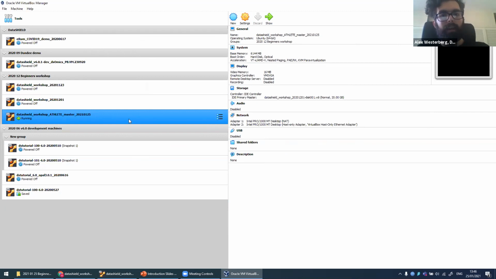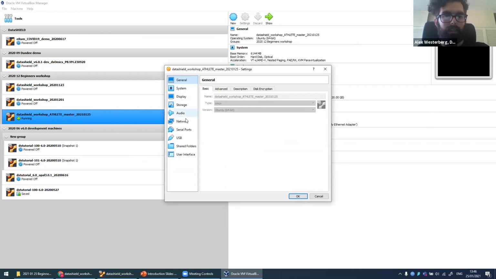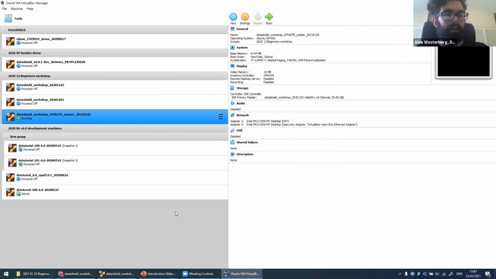The next thing you would do after that is go into Settings. So you can left click on it so it's blue and highlighted, and then Settings. And then you would navigate down to the Network tab on this left-hand side and check that Adapter 1 is NAT and Adapter 2 is Host-Only Adapter. So just to reiterate, if you're finding this a bit fast, it will be available later as a YouTube recording. The second check you should do